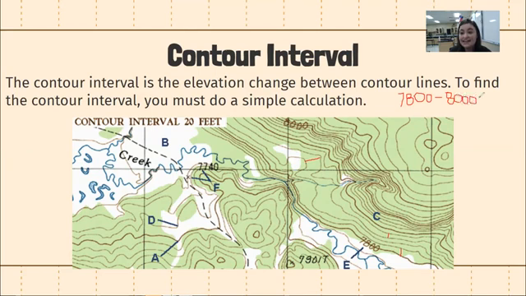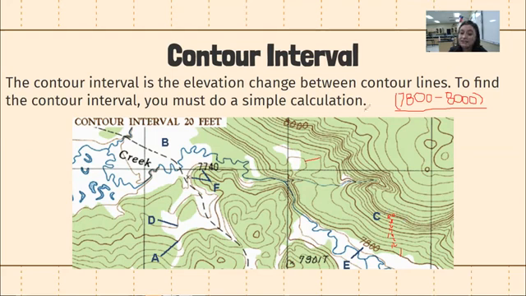Sorry about my handwriting here. So that is going to be the top of my fraction. Then I'm going to count the number of lines between those two index contours. And that just happens by counting 1, 2, 3, 4, 5, 6, 7, 8, 9, and 10. So there are 10 steps between these two index contours, which if we follow this line here,